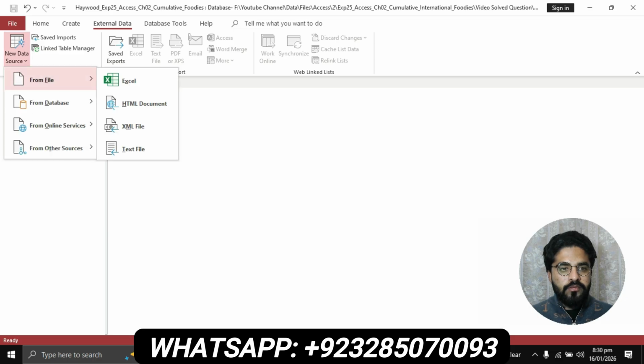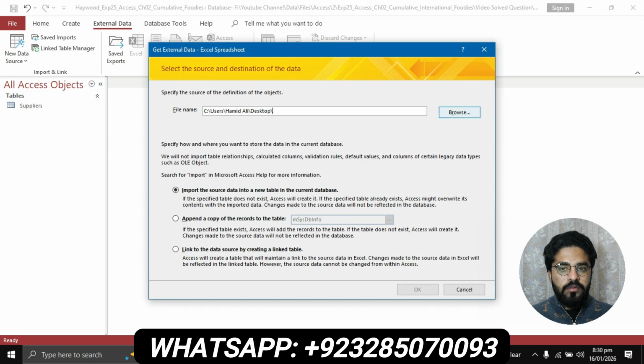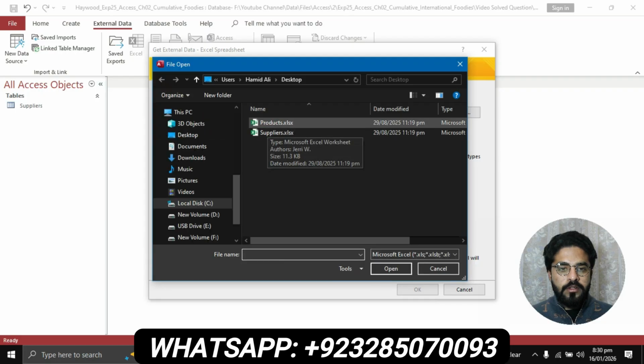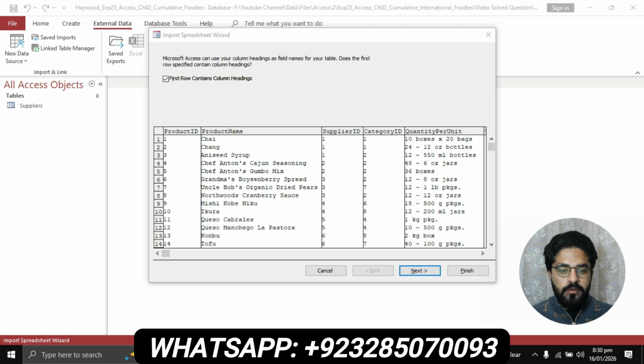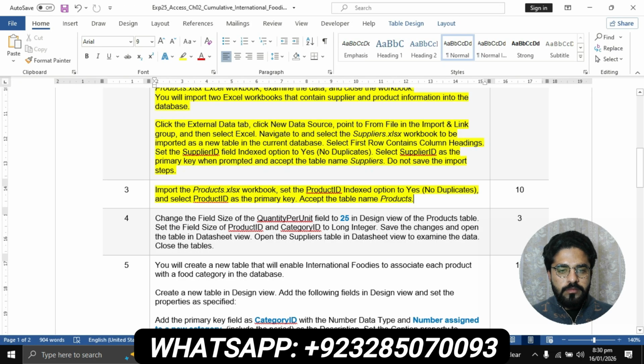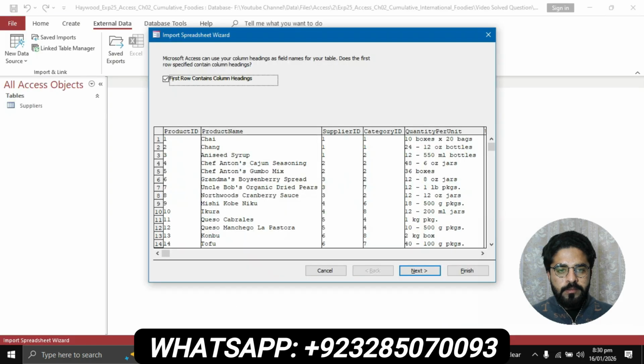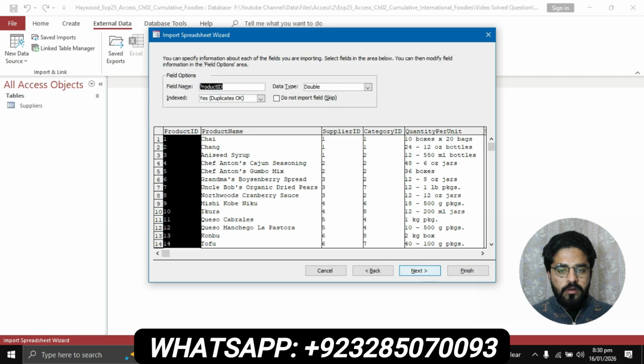Click on data source file, click on Excel. You will have to import the products data. Click on product file, then click on open button. Set the product ID indexed option to yes, no duplicates, and select the product ID as a primary key. Click on next button. Check this option, yes, no duplicates,